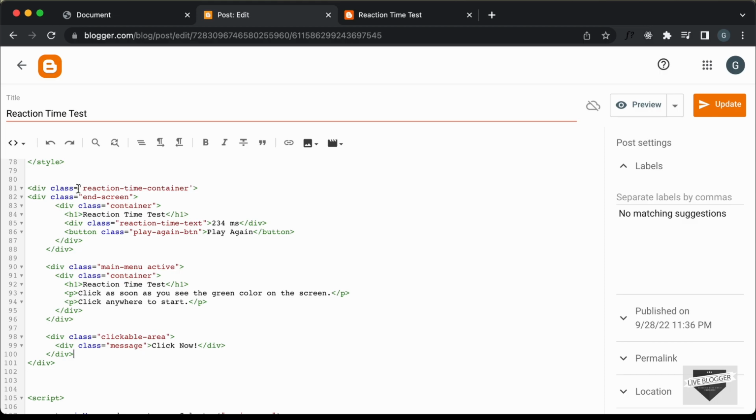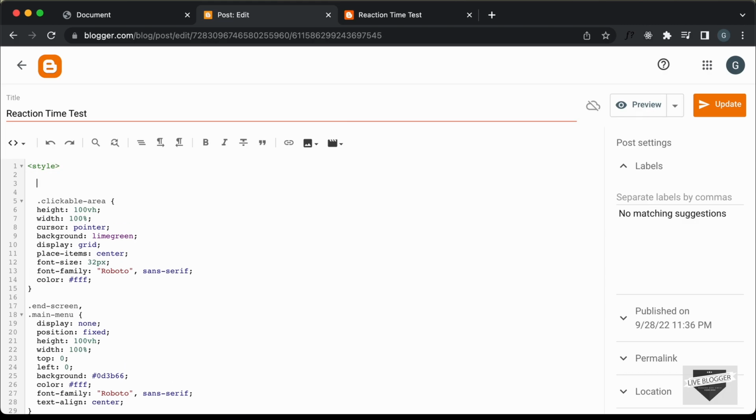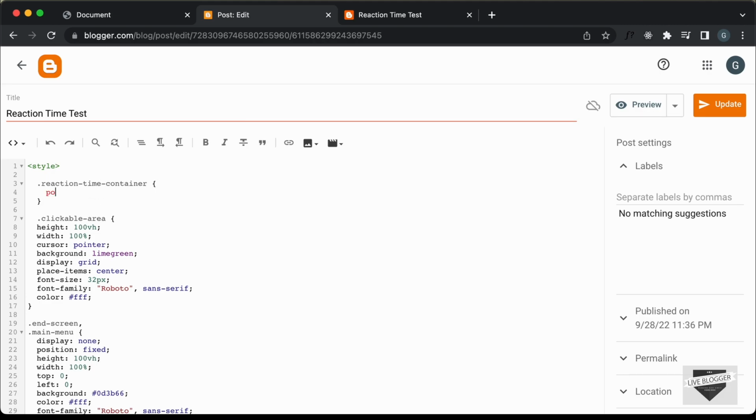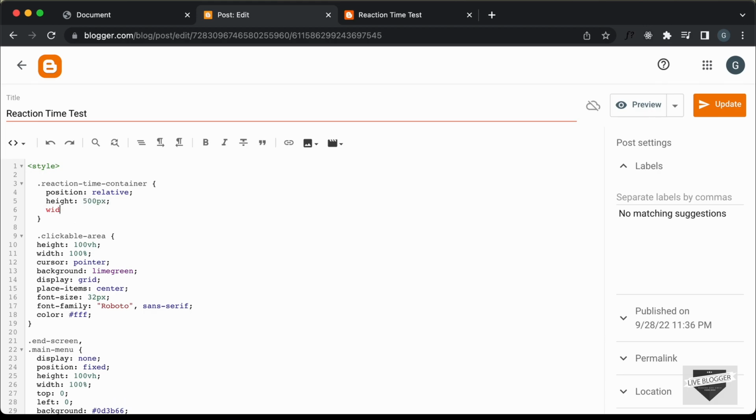Right now let's set the position of this container division to relative so that all these elements will be positioned relative to this container. So let's scroll up and let's target the container division. Let's type reaction time container and let's set the position to relative, and we will set the height to, let's try 400 pixels or 500 pixels, and let's set the width to